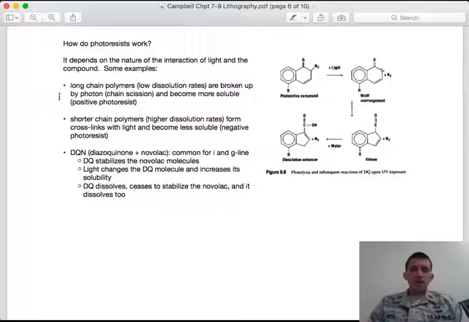And if you have long chains of carbons, right, those chains intertwine with one another. You have higher degree of van der Waals bonding, and that slows the dissolution, right? All of those intertwined carbon chains hinder the ability of the solvent or the developer or whatever to get in between those chains and to remove them, right? So that would be giving them low solubility